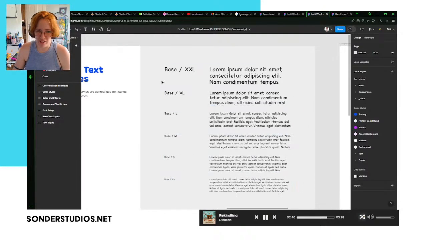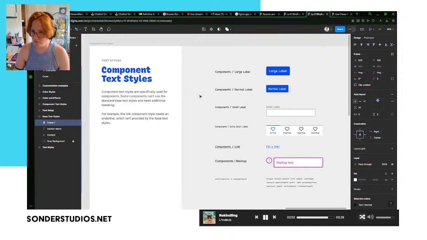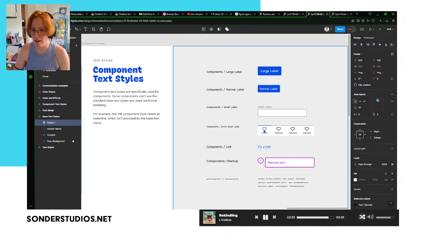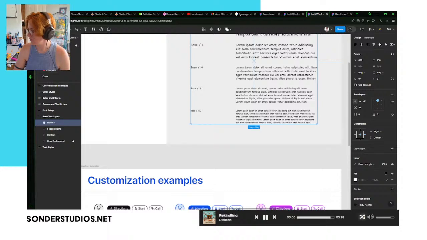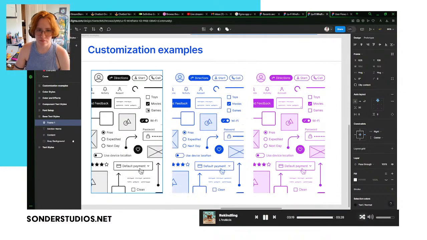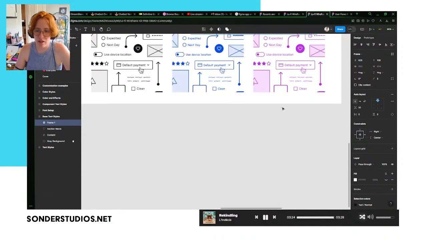This is great. This is really in depth. Component textiles. I like it, Picasso. Oh, that's a lot. That's a lot.